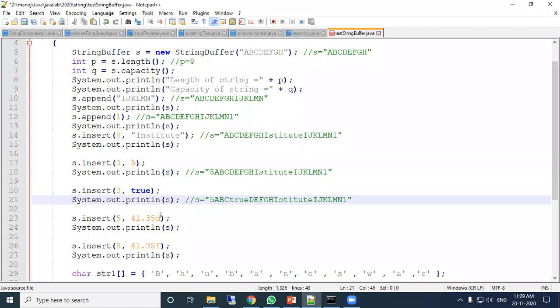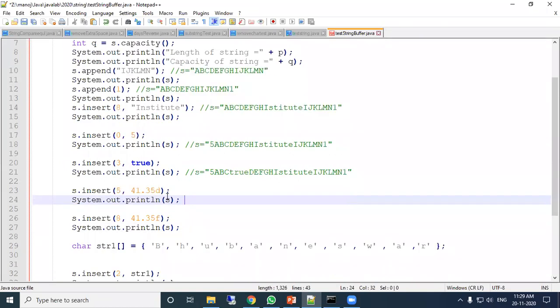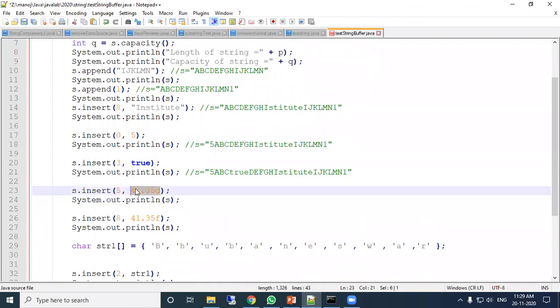Next, at 5 position it will insert. All of you note down what will be the output. D represents the double value. F represents the float value. So using the insert method, you can insert any type of data.